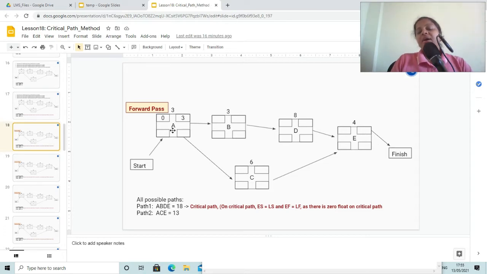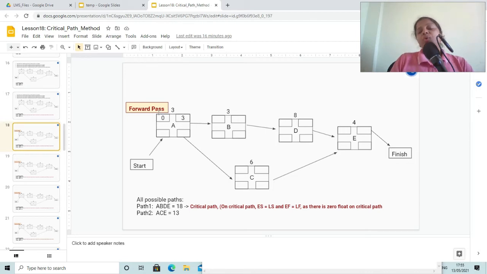And here on first activity A, I have started this activity on the 0th day, and the duration of activity A is 3 days. So early start for this activity is 0 and the earliest it can finish is 3 days.